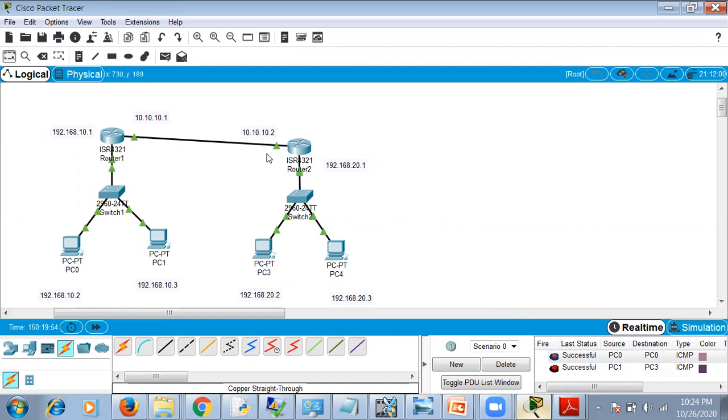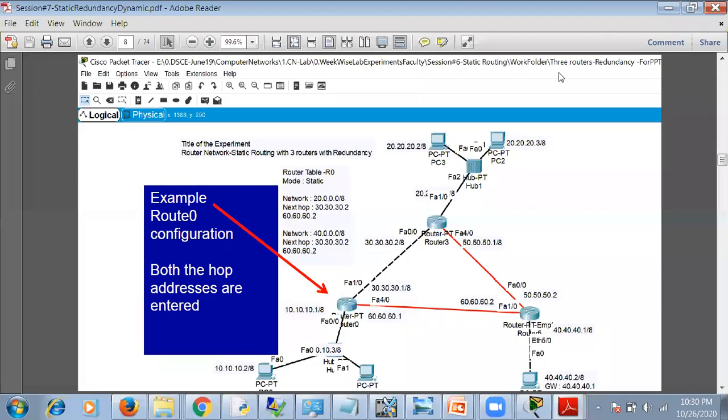So we'll see another example of how redundant routes will be placed, so that in case a channel is broken, it has to take a different route. Now in the second example, we have the third LAN here. See, we have 3 LANs. This is 10 network, this is 40 network, and this is 20 network. And there are 3 routers. Now suppose you want to send a message from this 10 to 20, you can go through this link,